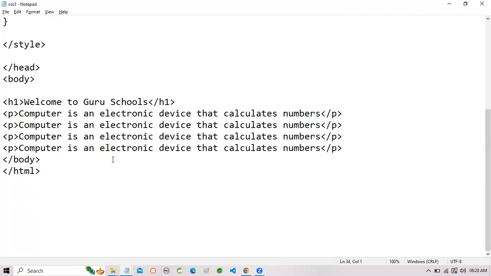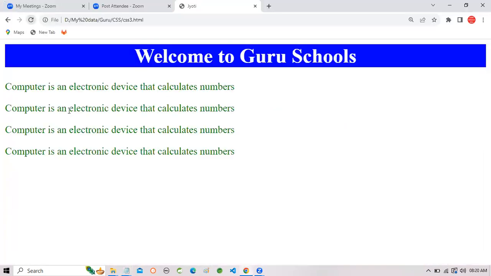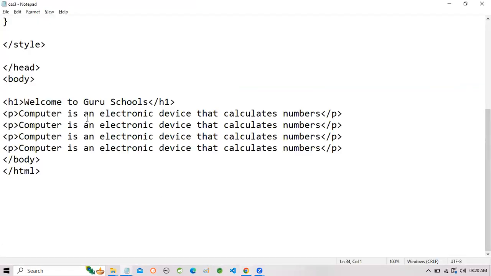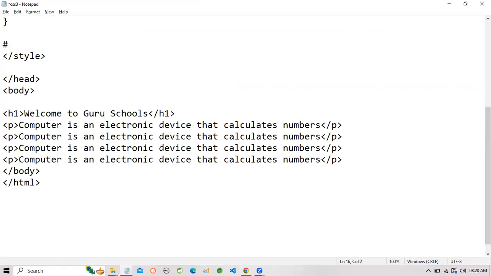Suppose we have 4 paragraphs, and we want to set a different format for all paragraphs. They are similar, showing in green color, but suppose we want to set a different color for each paragraph. So here we use ID. For ID, you specify a hash, after that a name like para1,